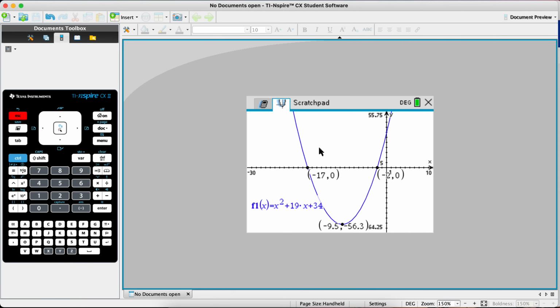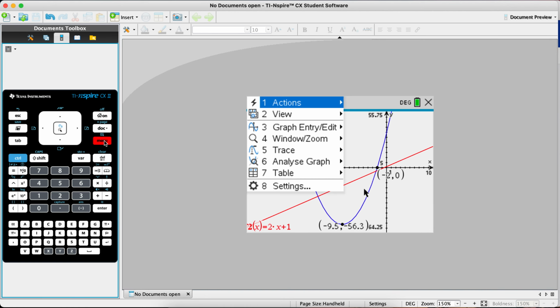Now let's say you have another line. I want to insert another line. So again, press tab, and let's say my line is y equals 2x plus 1. This is another line, and it intersects my parabola at two points, one at this point and another at this point. Let's say we are interested in knowing these intersection points. So again, go to menu